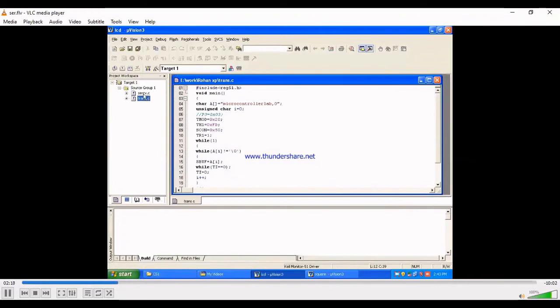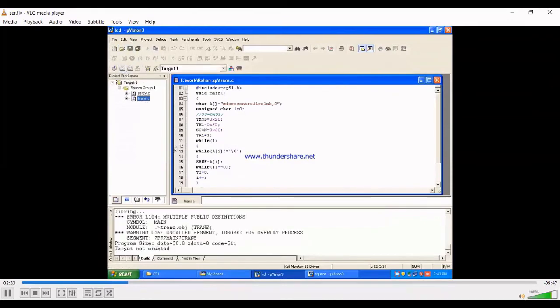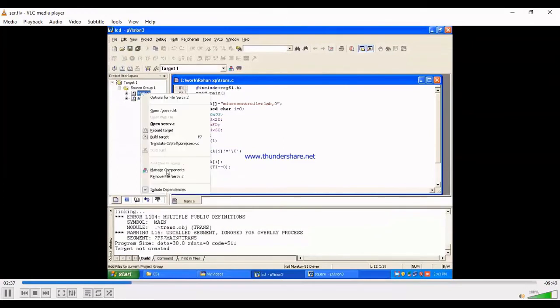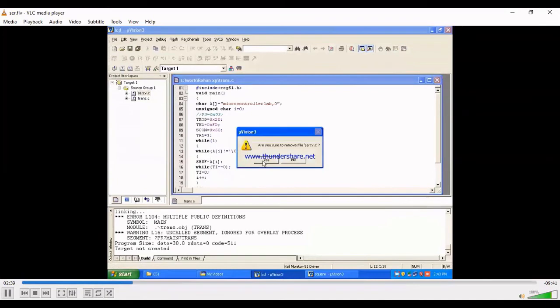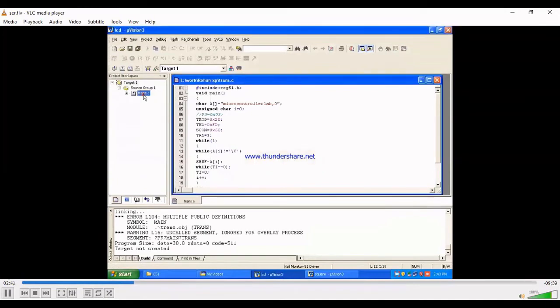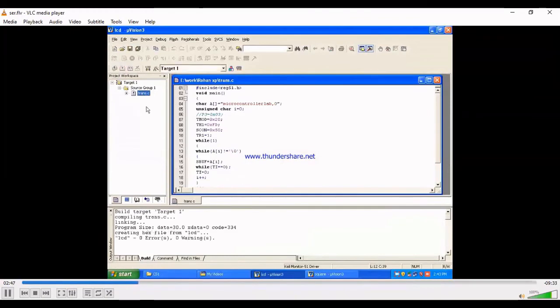If you build the target like this, when you have connected both the programs there, build the target for receive.c. First we will remove that receive.c. Keep only the transmit.c program, save, and then build the target for checking the errors.